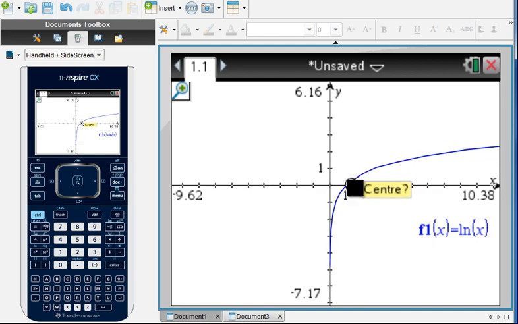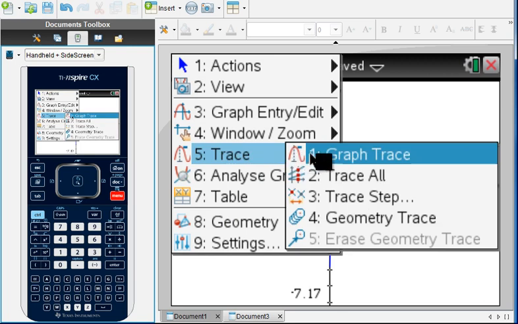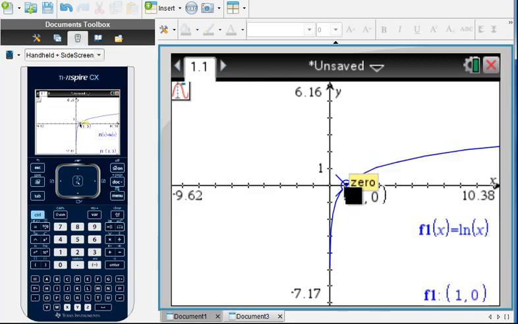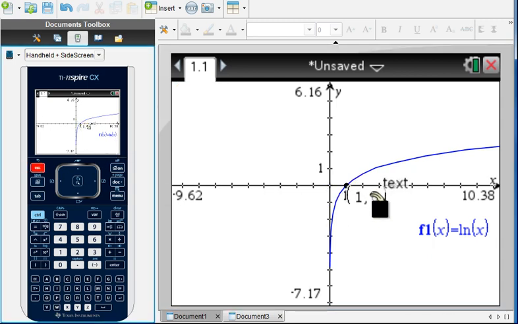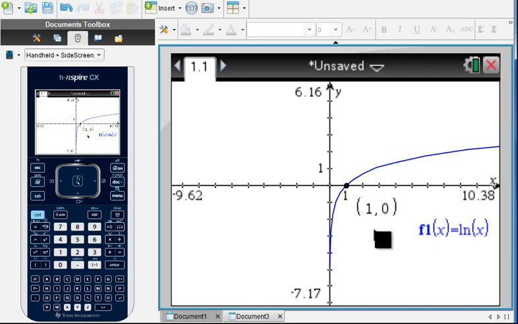we can see that we have a 0 at, it looks like it's 1, 0, when the x is 1 and y value is 0, but let's trace this function just to be sure. So there we have the 0. So escape, move this coordinate a little bit. So at 1, 0 we have a 0. The function is crossing the x-axis. That's one thing. And it also seems like it's getting closer and closer to the y-axis as we're going down